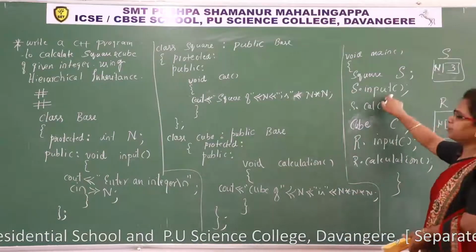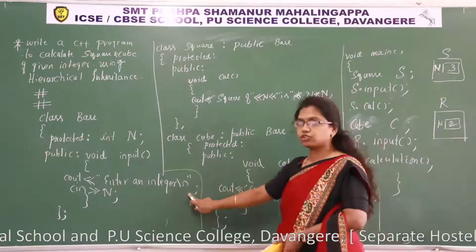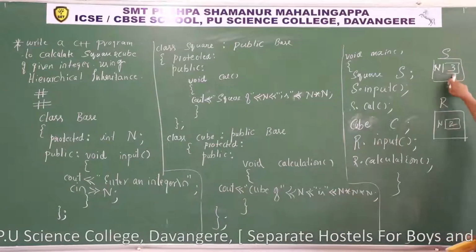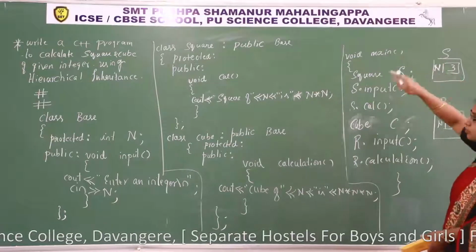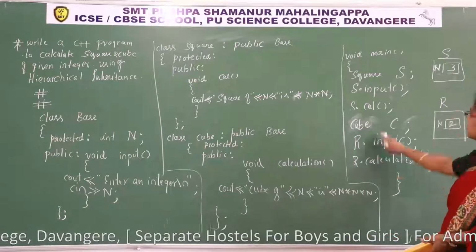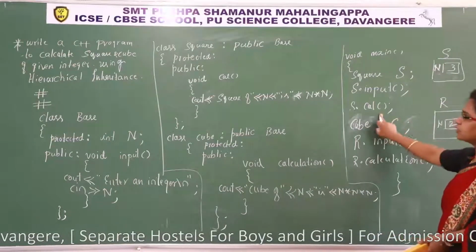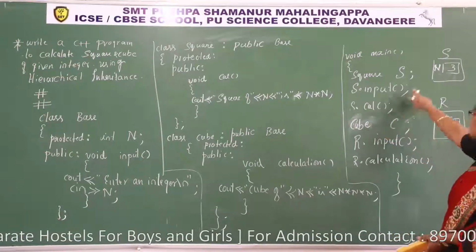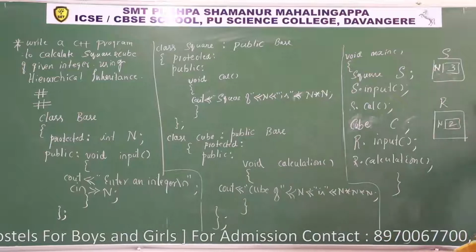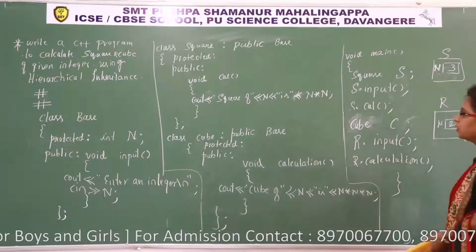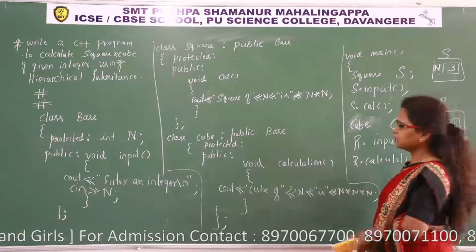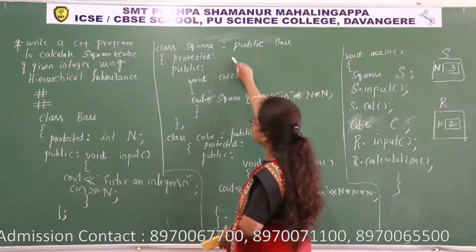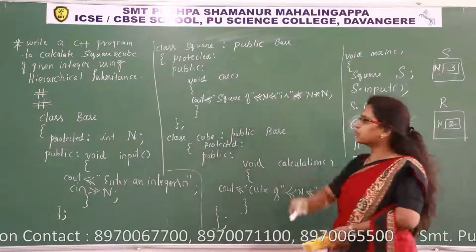So yes dot input, which function will be invoked? This function, enter an integer, so value will be stored in n. To which object? Yes object. Now yes dot cal function. What is there in the cal function? Square of n. What is the value of n? 3. Square of 3 is 3 3s are 9. It will be displayed. So base class n is inherited to derived class. So the protected member of derived class is accessed through this function.